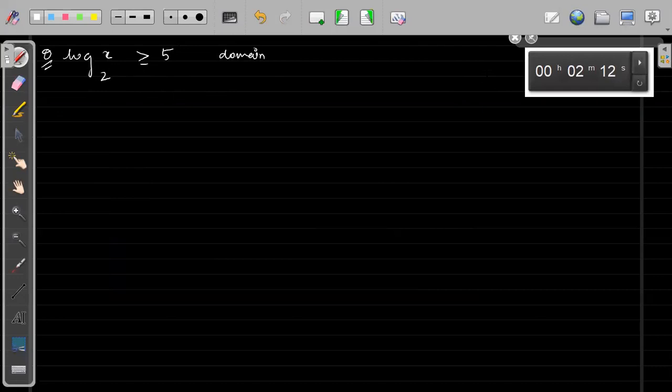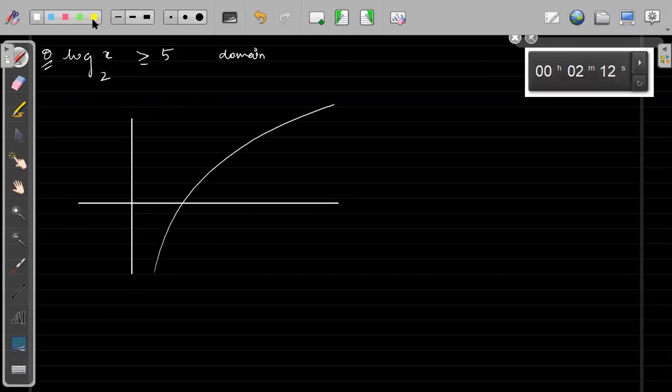Very good, excellent. 32 to infinity. Very simple question, right? We know this is what kind of a graph? This is a base-2 curve, so a strong base curve will look something like this. Right? So strong base looks something like this.